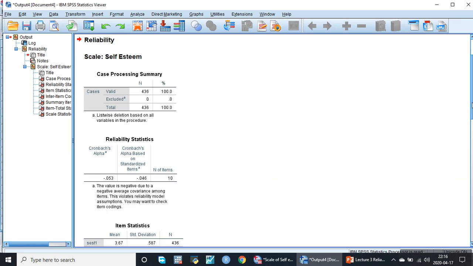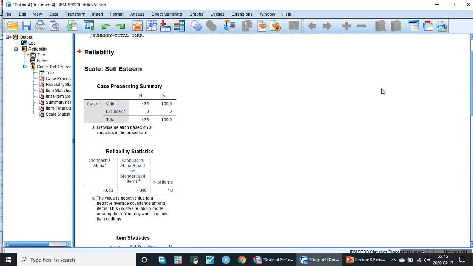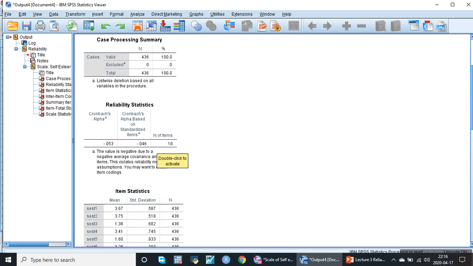Now these are the results of reliability. This table shows the results of reliability. Self-esteem scale is the self-esteem case processing summary. Here the 436 indicates the total number of observations, excluded 0. It means that there is no missing item. This is the reliability statistics. Here we will check the number of items, that there are 10 items that make up the scale